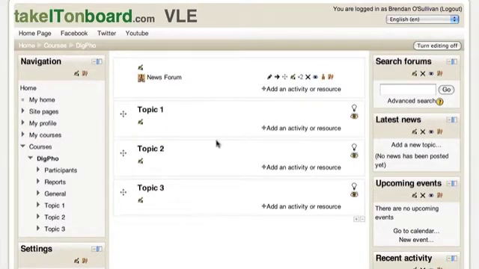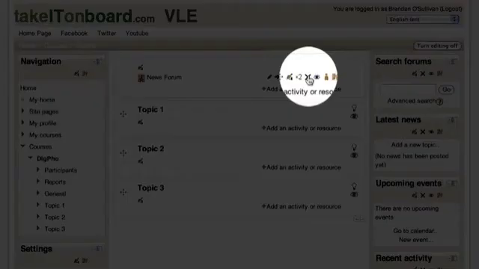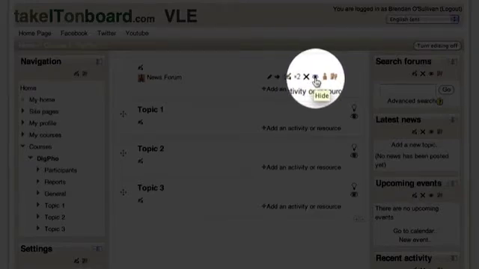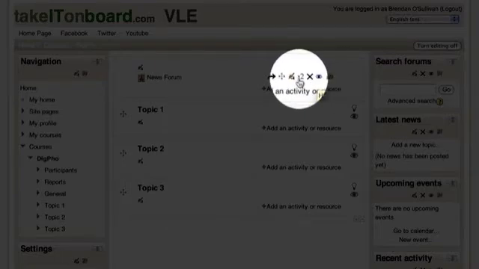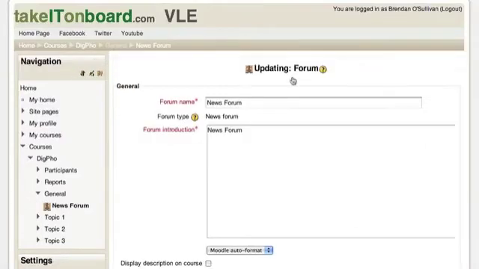Firstly, you'll see that every course comes with a default news forum or discussion area. You've got a few options with this. You can get rid of it entirely by clicking on the X button to the right of the resource. You can just hide it from students for now if you wish by clicking on the eye symbol. Or you can rename it or make changes to it, as Sally Simon, the teacher of this course, wishes to do. So just click on the edit button